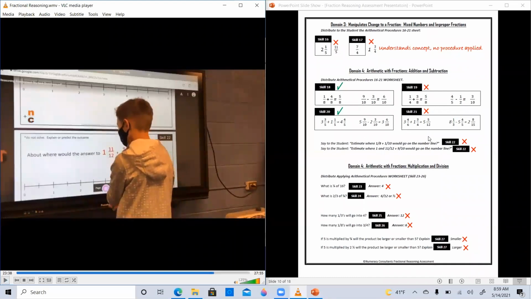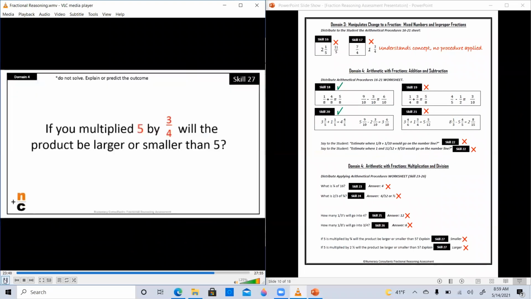Okay. So if they get the first one wrong, it's fine. You don't need to give the second one because they have to get both of them right anyways. The next one has to do with estimating where a mixed number plus a fraction would go on that number line. What's interesting about this last part too is the very last question is, if you multiplied 5 by 3/4, will the product be larger or smaller than 5? They're not allowed to solve it. They just have to look at it. And obviously you want them to say, when you're multiplying a whole number by a fraction, you're only taking a fraction of it. He got kind of stumbled up on the